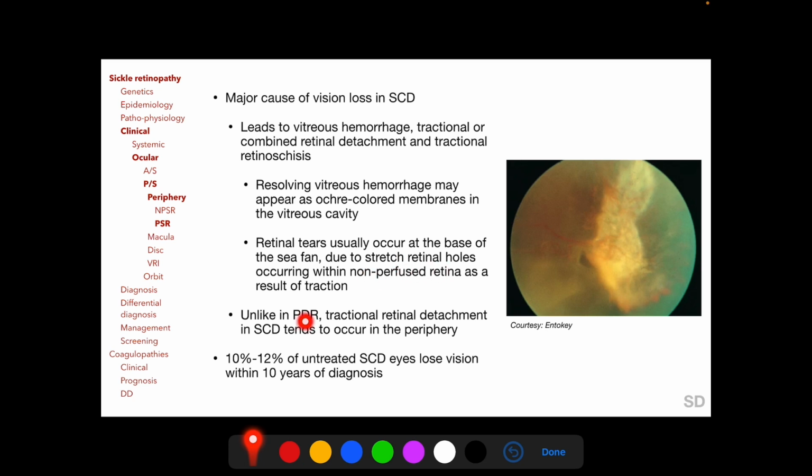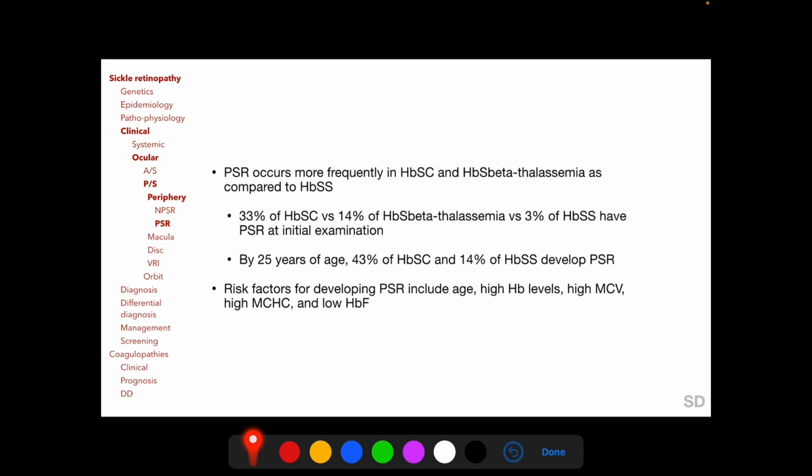Unlike in proliferative diabetic retinopathy, where the tractional retinal detachment is predominantly posterior to the equator, the tractional retinal detachment in sickle cell disease occurs predominantly in the periphery anterior to the equator. And it has been found that 10 to 12% of untreated eyes in patients with sickle cell disease lose vision within 10 years of diagnosis of sickle cell disease. As we have mentioned,